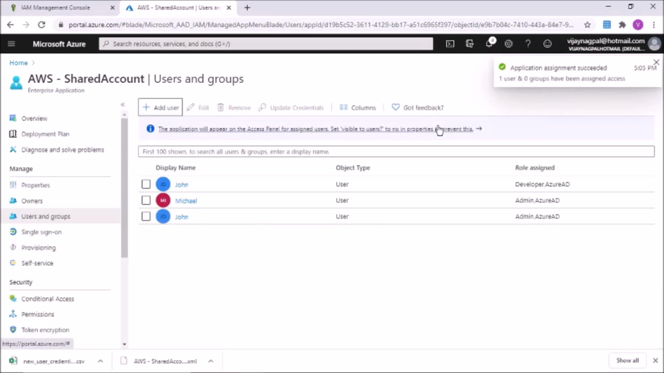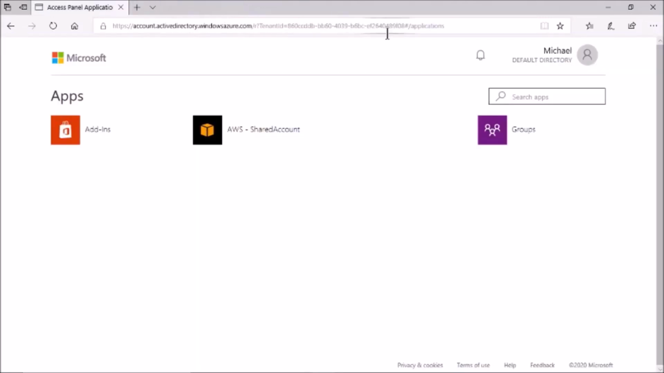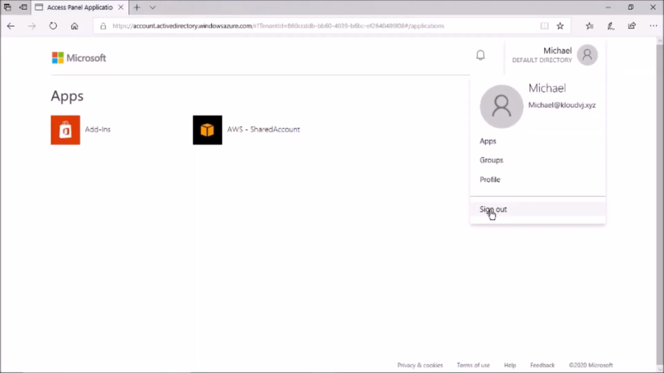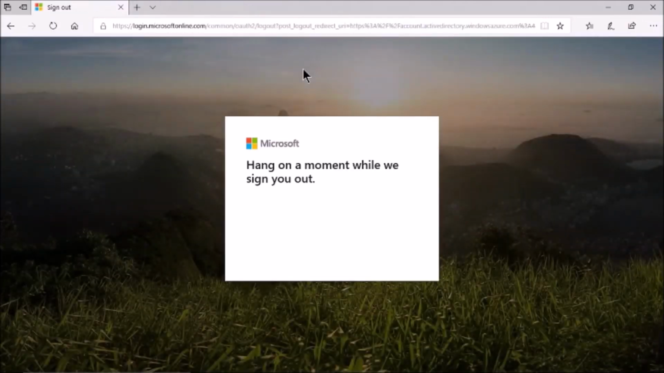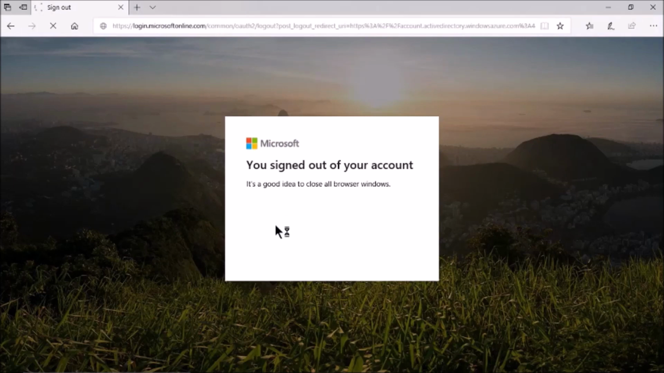So now John has both accesses. He is playing the role of admin as well as developer. Now let's log in with John and see how it works now, because he has two different roles. So once he logs into myapps.microsoft.com,